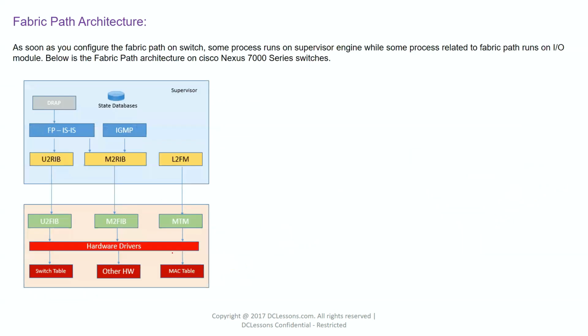Okay. Now let's see what the architecture of FabricPath is. As soon as we configure FabricPath on the switch, some processes start running on the supervisor engine, right? And some processes related to FabricPath run on the input output module, that is, on the line cards. So below is the FabricPath architecture. As soon as we configure FabricPath on a switch, the DRAP protocol, which we say is the Dynamic Resource Allocation Protocol,